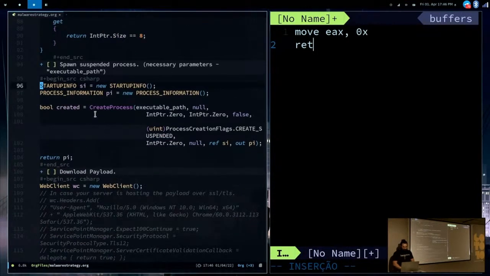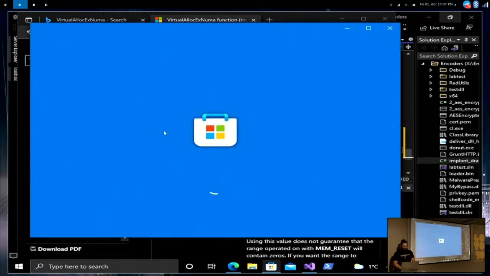Right. So this is basically how we will start the process. These parameters here, it's too many things, but what you need to understand is the path to the executable you want to start, and the flag for the status of the process you want to start. We want to start the process suspended. That's why you see it there, broken, but it's suspended, right? So we just copy that, go there, and we create a new